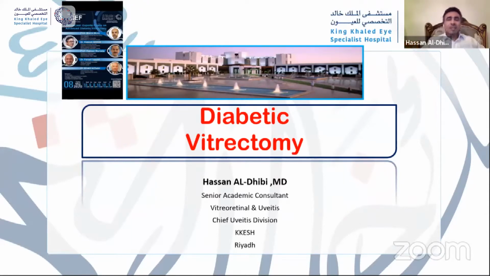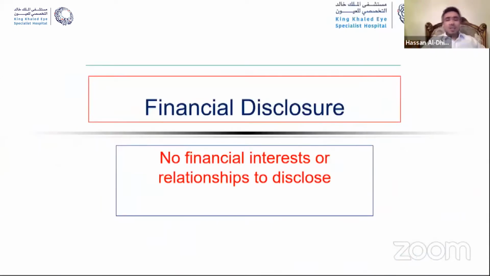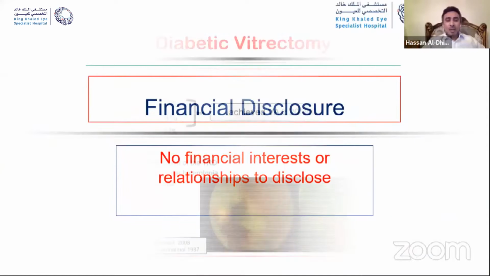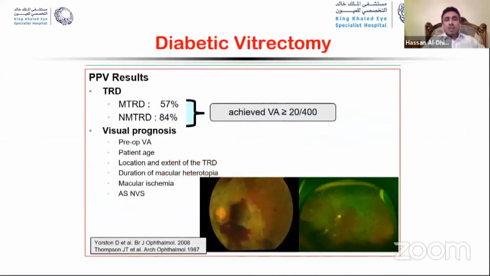So in daily practice, we have our diabetic patients with advanced diabetic retinopathy. What is most important for us is to look at the results and the predictors for vitrectomy in these cases, and secondly, to share such cases and how they are managed. If you look at the pars plana vitrectomy results in cases having TRD involving the macula,